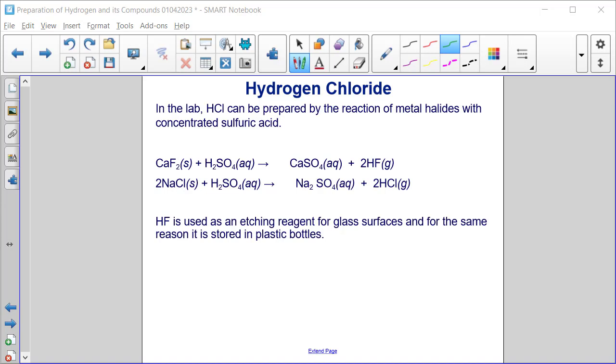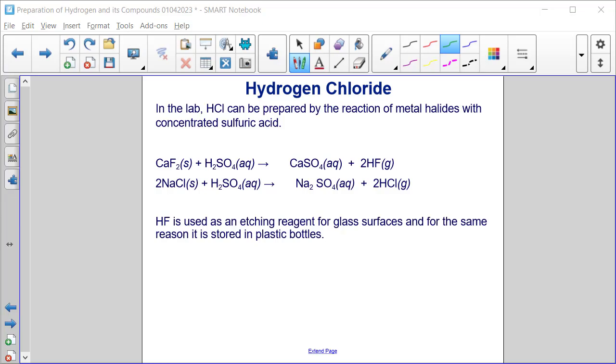So calcium fluoride or sodium chloride with sulfuric acid produces an aqueous sulfate and HF or HCl. HF is used as an etching reagent for glass surfaces, and for the same reason it is stored in plastic